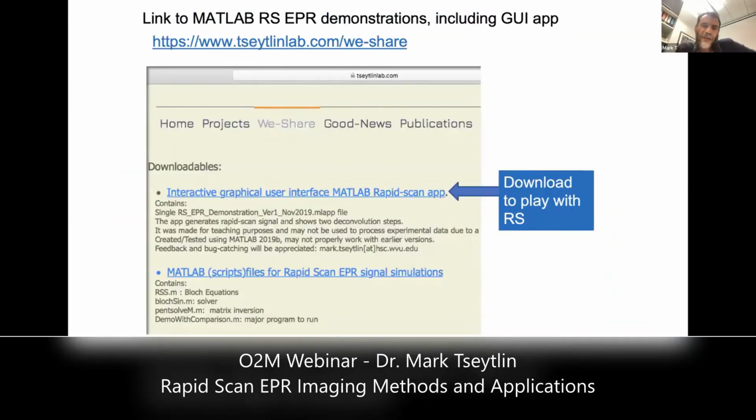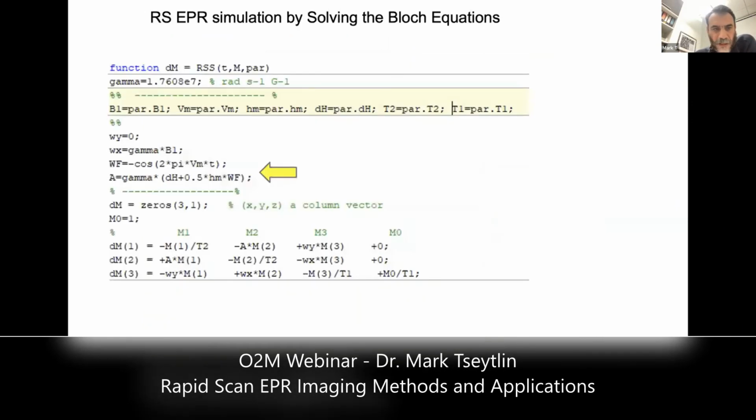So 2 years ago, I was here in Brno mostly at the same time, also with Boris, by the way. It was this EPR school, and I made some interactive software using MATLAB, and I put it on my lab website. It's still there. So if you're interested in downloading and playing with some of it, you're welcome. And if you have any questions on how to use it, or if there are some glitches, let me know. I'll help you.